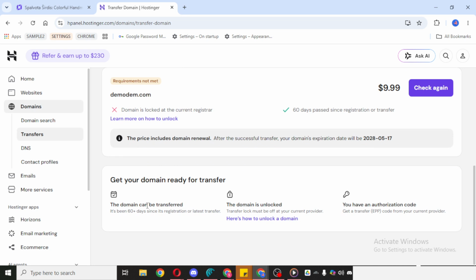If a message appears asking you to review details, take a moment to make sure everything looks correct. Transfers can take some time to process, so don't worry if it isn't completed instantly.